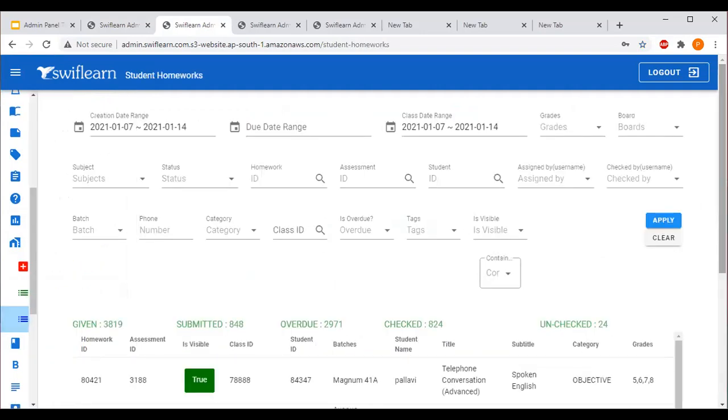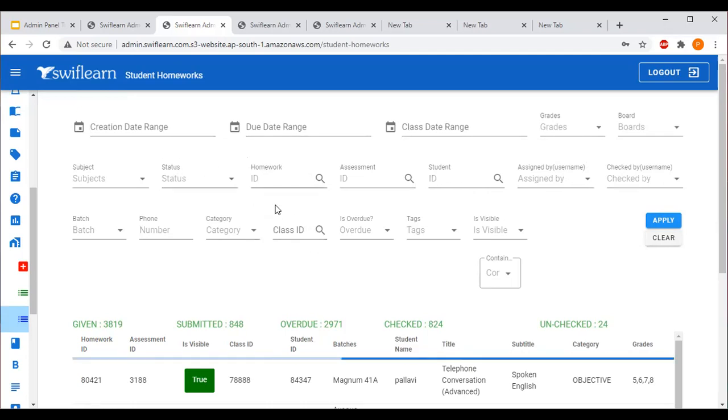Now here by default this page will open and teachers will get the default dates. The very first thing teachers have to do is clear these details by clicking on the clear button. Once you click, see that these dates have cleared. On this page, teachers are getting so many options, but as a teacher, they have to work only on two tabs, the class ID tab and the status tab. Now we will teach you in detail how to work on the tabs.